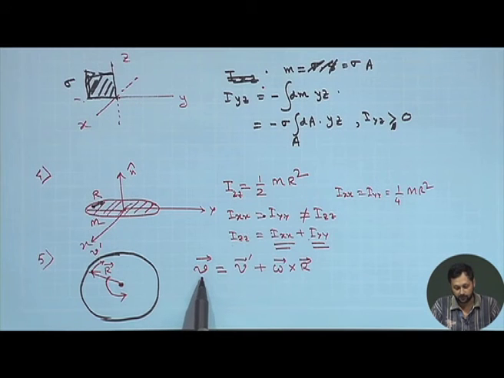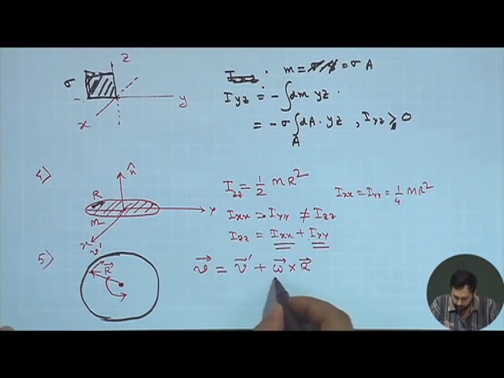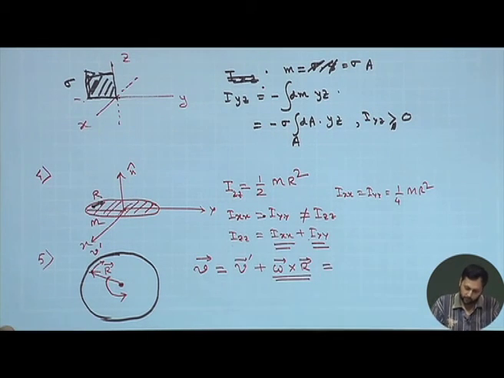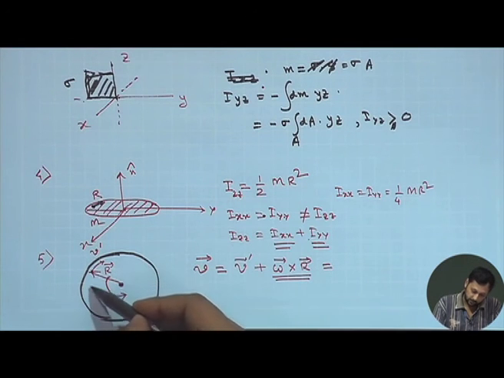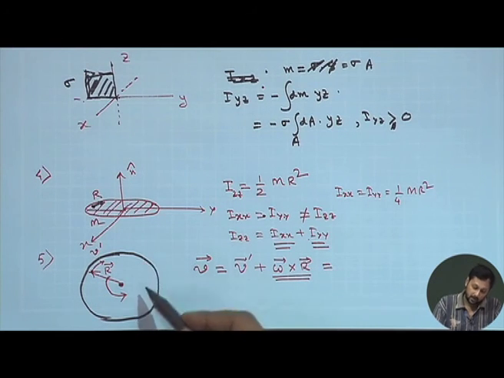V is the velocity observed from an inertial frame, which is the stationary frame. V prime is the velocity measured in the rotating frame, this one, and omega cross r is what we need to find out. So, our job is to find out an expression for omega cross r. Now, do one more step. Now, let us see. Let us assume that the fly is moving in the clockwise direction. So, the disk starts rotating in the anti-clockwise direction. Anti-clockwise rotation is positive. I think we have discussed it in the initial part of our lecture, that anti-clockwise rotation is positive.